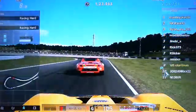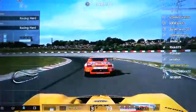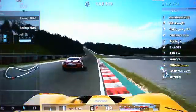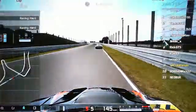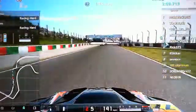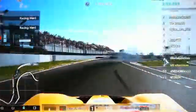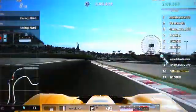And Jordan on the attack, very wide through Spoon using all the road. And I think Jordan's going to go past, but we need to focus on this battle up ahead because we're riding with Ginobili, and Malada spun. Oh no, through 130R, just one serious corner to go, and he spins it into the wall and got damage, but he has at least ended up pointing the right way, but he's dropped from 4th